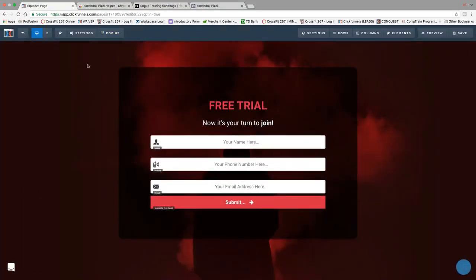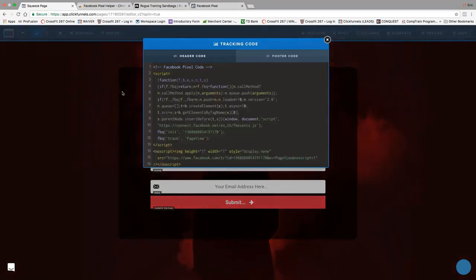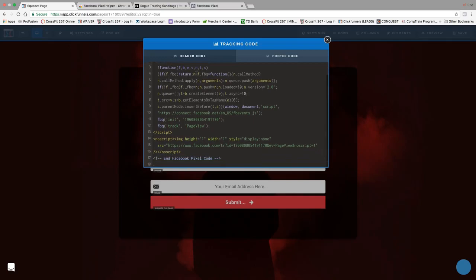Okay, now this is a very, very generic template that has nothing to do with gyms. I just wanted it to be cut and dry so it wouldn't distract anyone. So don't even worry about the landing page. That's not what we're talking about today. We're going to go to Settings, Tracking Code. So settings, tracking code, and I already installed it just to